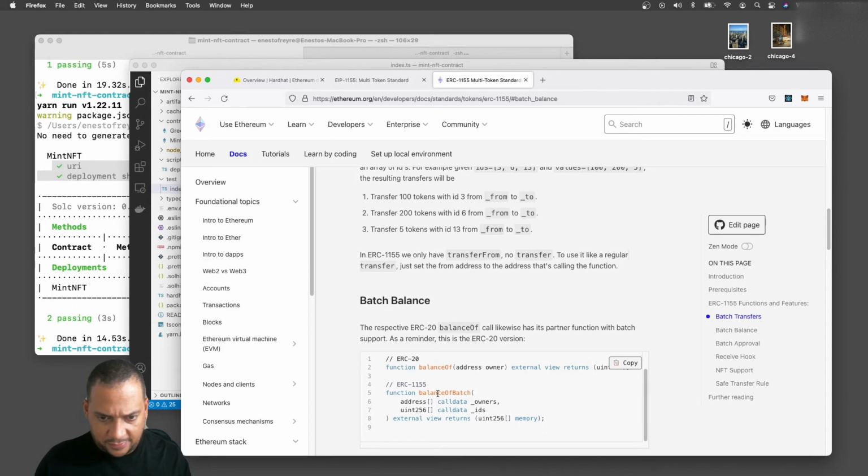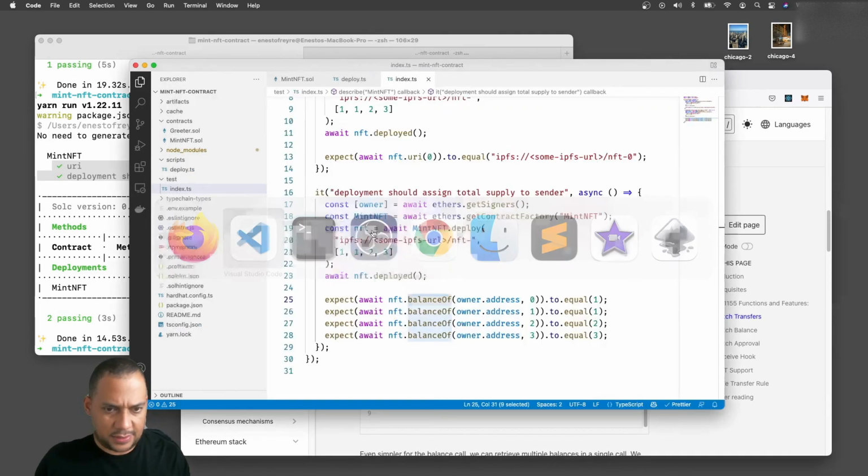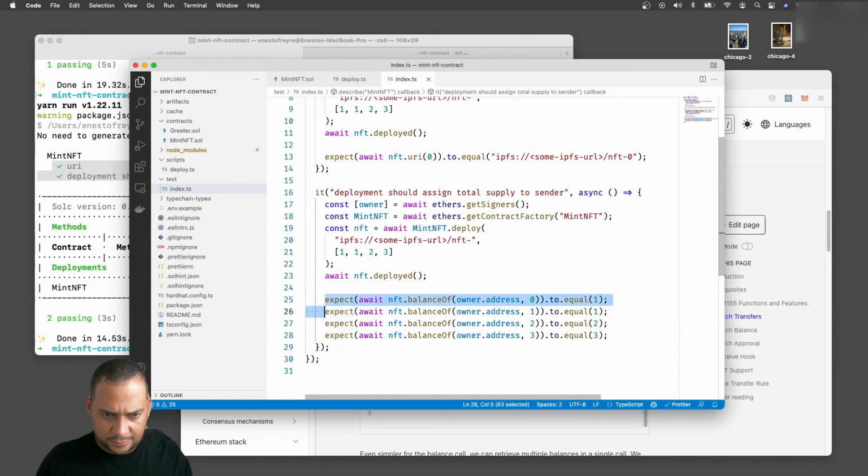Okay, so balance of batch receives an array of addresses and an array of IDs, and it returns an array of ints. How that works, because if we see an array of owners, let's try that. I mean, we know that this works.